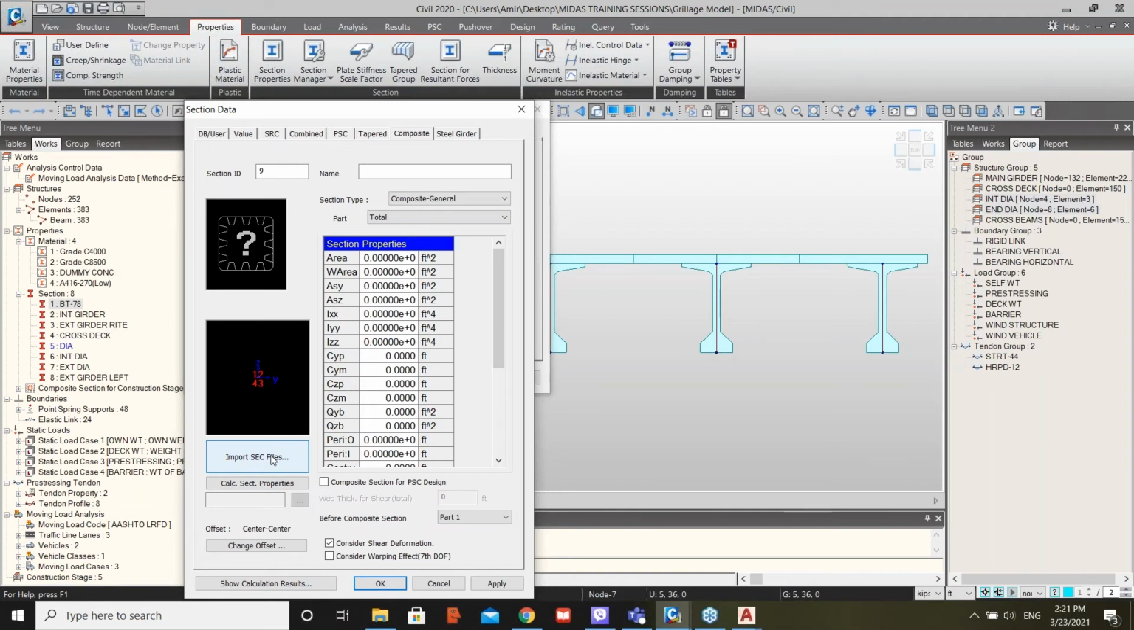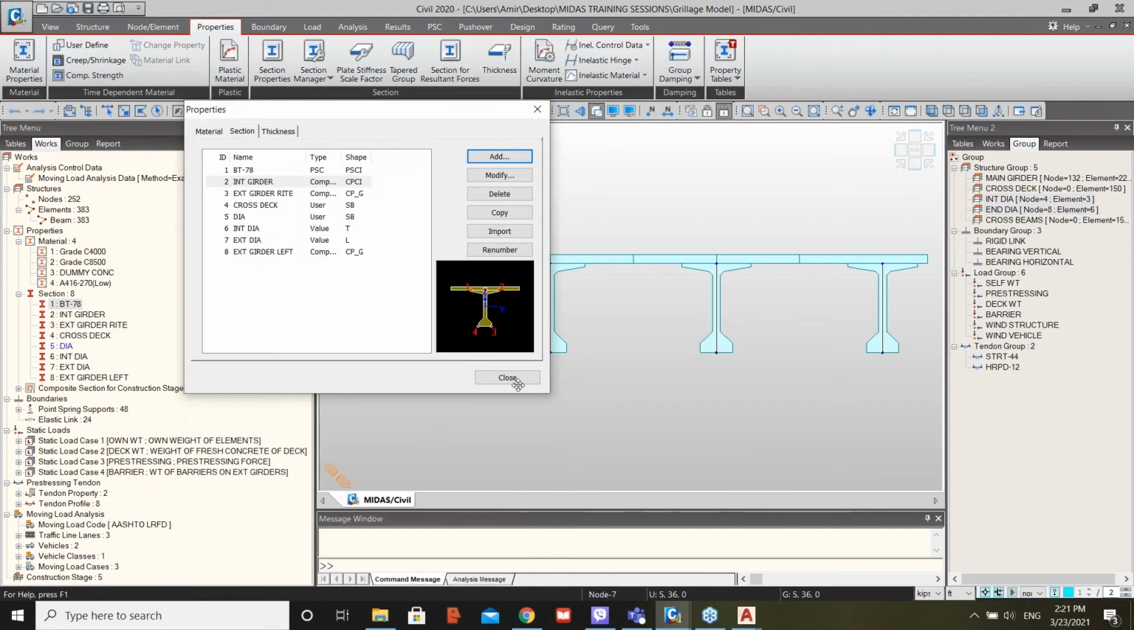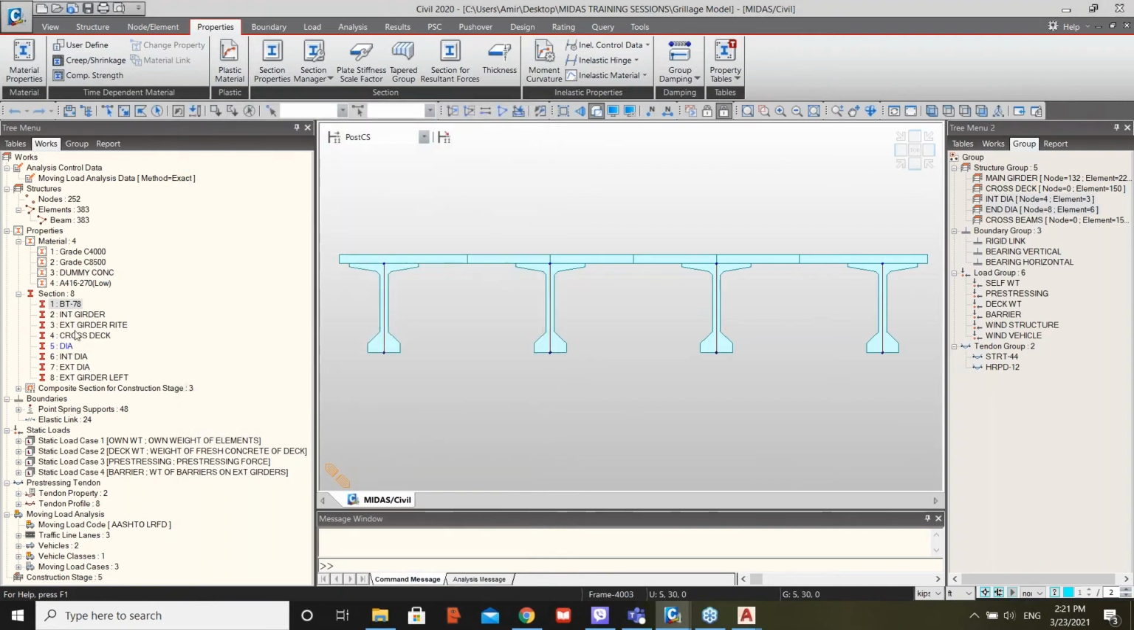In case you have any irregularities of the shape or something, you can always draw any section with any dimensions or any configuration, and you can draw it in AutoCAD in DXF format and then import this section file later on. And this is one of the interesting things in this model. So beside the interior girder section, which is this one, here I do have this right girder and this left